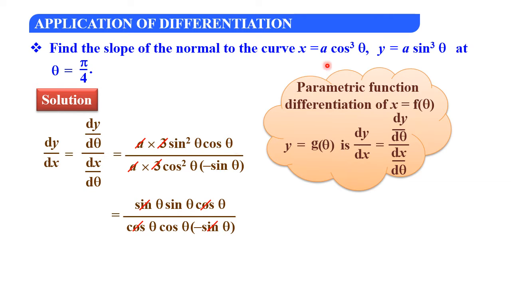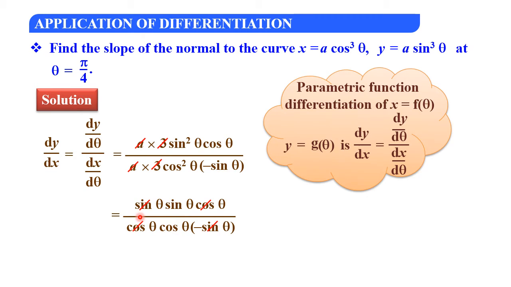Similarly, when you will be finding the differentiation of x with respect to theta, a is a constant term, write it as it is. Cos cube theta differentiation is, first find the derivative of the power, 3 cos square theta into cos theta differentiation, which is minus sin theta. The 3, both terms are there in the numerator as well as the denominator side, both get cancelled here. Sin are gone, cos are gone, just sin theta divided by cos theta, and one minus symbol is just remaining.